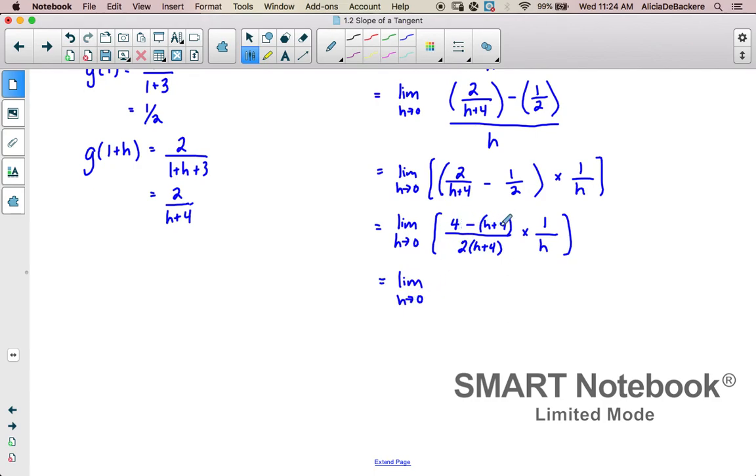When I take a look at this first numerator, though, I can do 4 subtract h subtract 4, and 4 subtract 4 will give me 0, and I'm just left with h. And this is the happy magic. Because now what we have is all multiplication in the numerator and all multiplication in the denominators, and I have a factor of h on the top and the bottom. So those guys cancel out, and I'm just left with this expression. And at that point, once that h cancels out of the denominator, you're pretty much on your way,